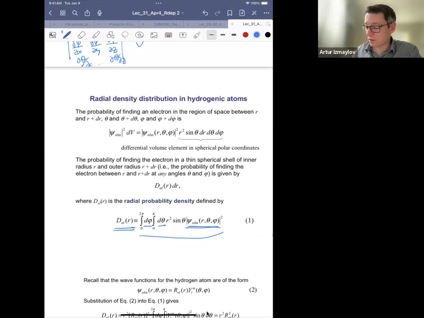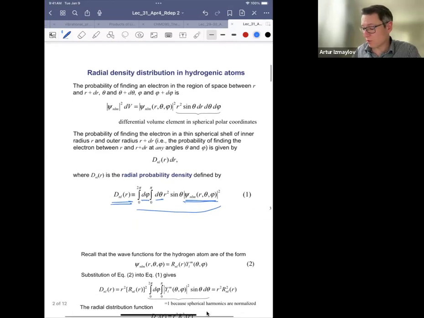We know for sure that if the integral of absolute square of psi dV is 1, because of the normalization condition, then this D quantity is going to be useful because it also has this normalization